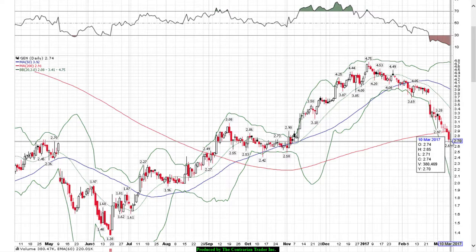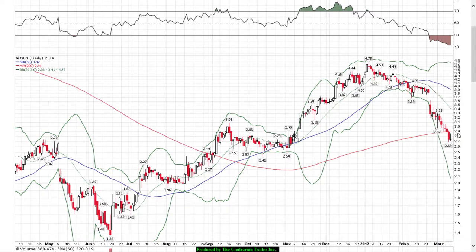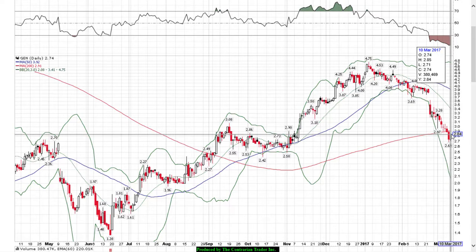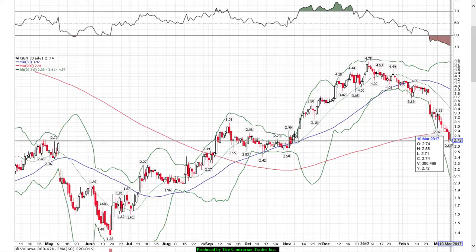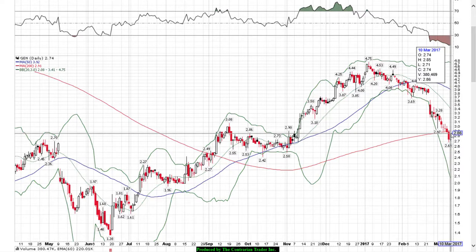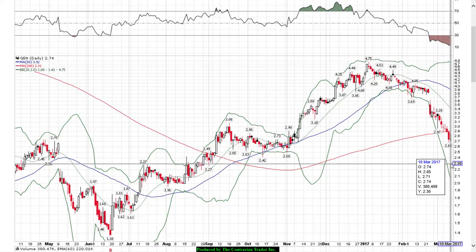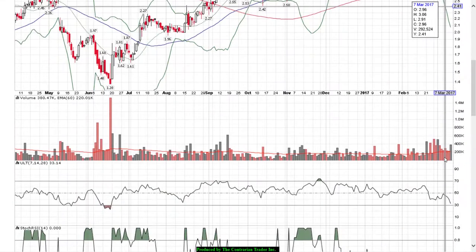The problem is that they rallied it on Friday, but it found resistance at the $2.85 level. So that's a cause for concern. So I'm not ready to go buying the shares when I know that there are sellers immediately above. We have a lot of overhead supply above. So ideally, from a risk to reward entry point, I'd rather see the shares pull back to historical lows, because I know at those levels I have buyers that are going to help me support my shares. So I don't want to go buying into resistance. I want to go buying into support. That's the best risk to reward entry point.